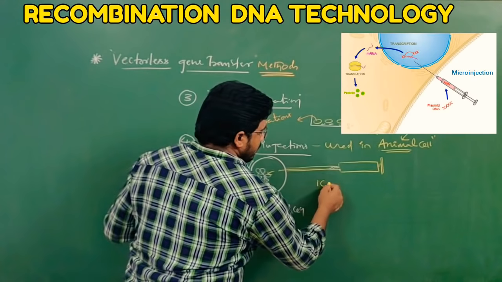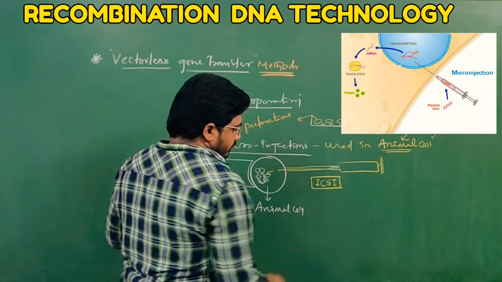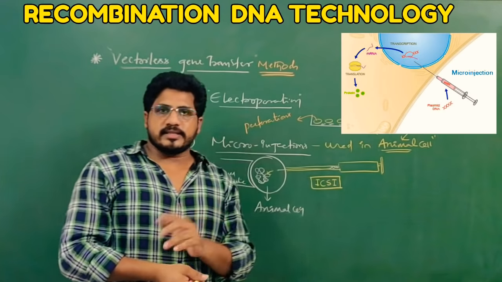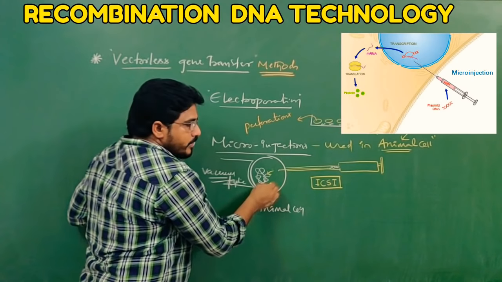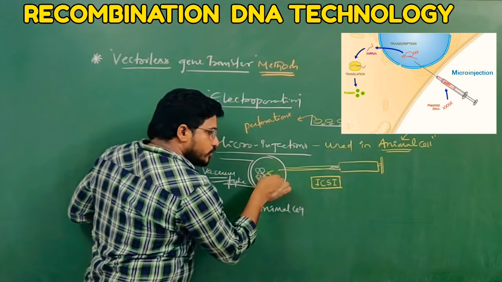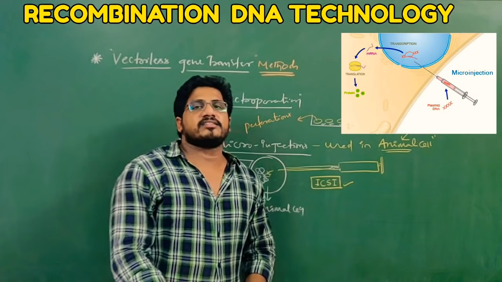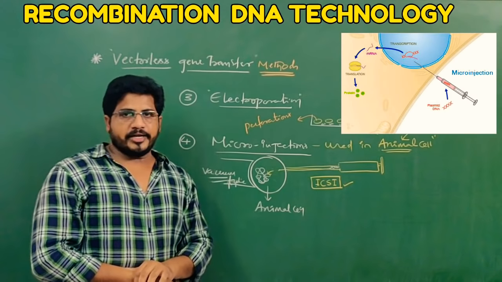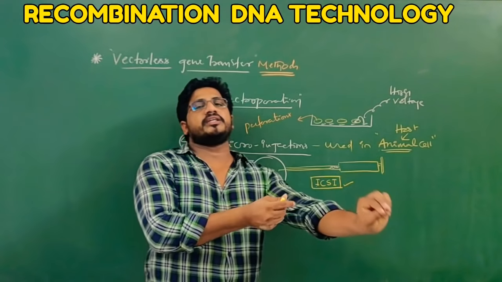This is the best example for intracytoplasmic sperm injections. In case of infertility, means the sperm count is less or sperm production is less, sperms from the donor will be collected and such sperms are also introduced into the ovum. So, intracytoplasmic sperm injections. Sperms are injected into the ovum cytoplasm so that fertilization easily takes place in case of an infertile couple. So micro injections are helpful also in the field of biotechnology. This is how, without a vector also, we can inject the desired gene into its destination.